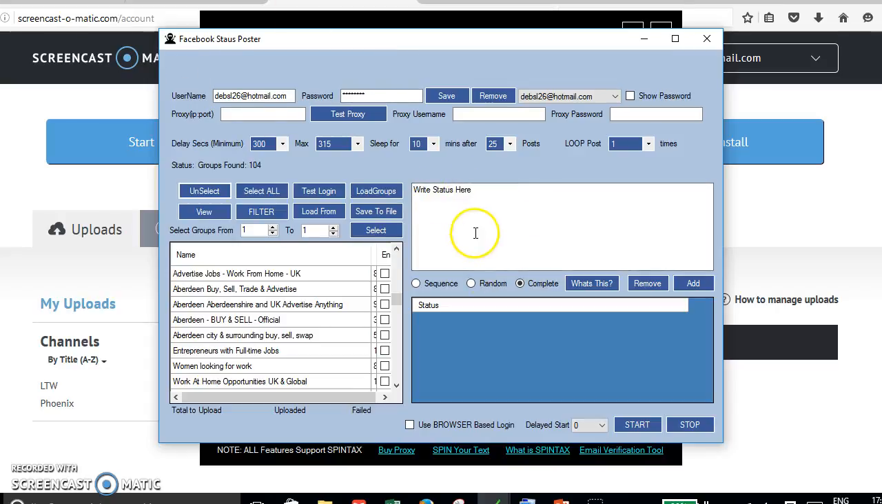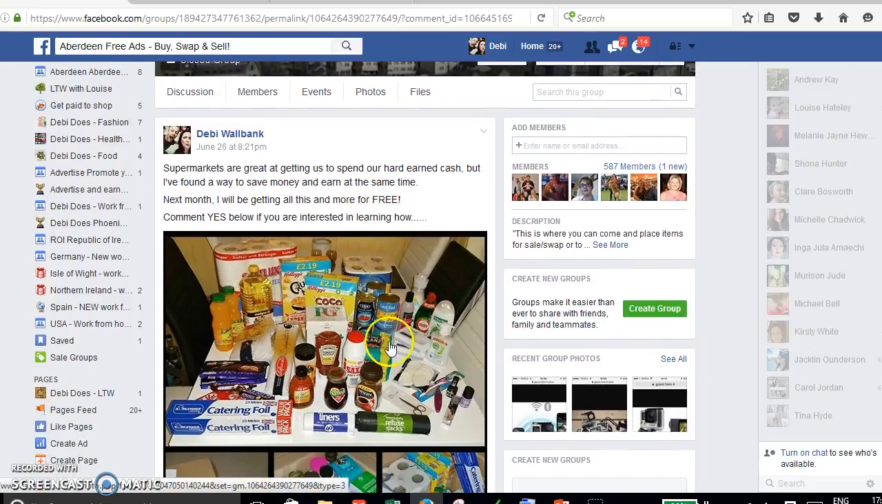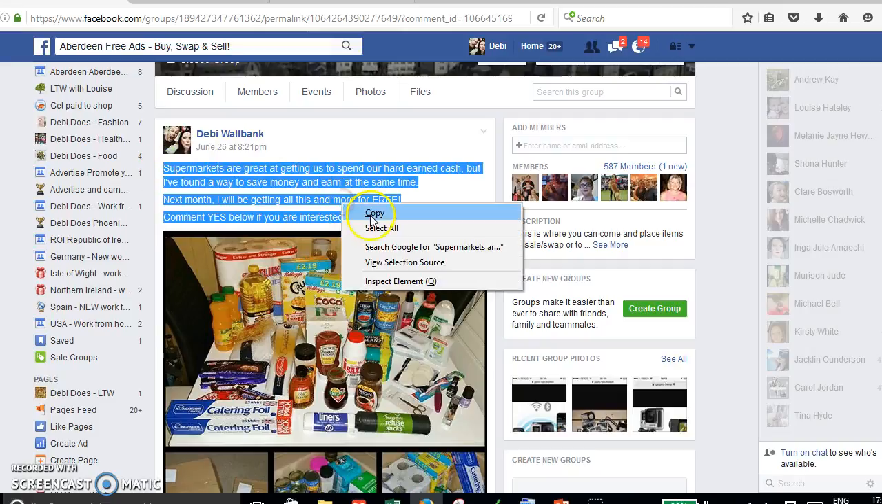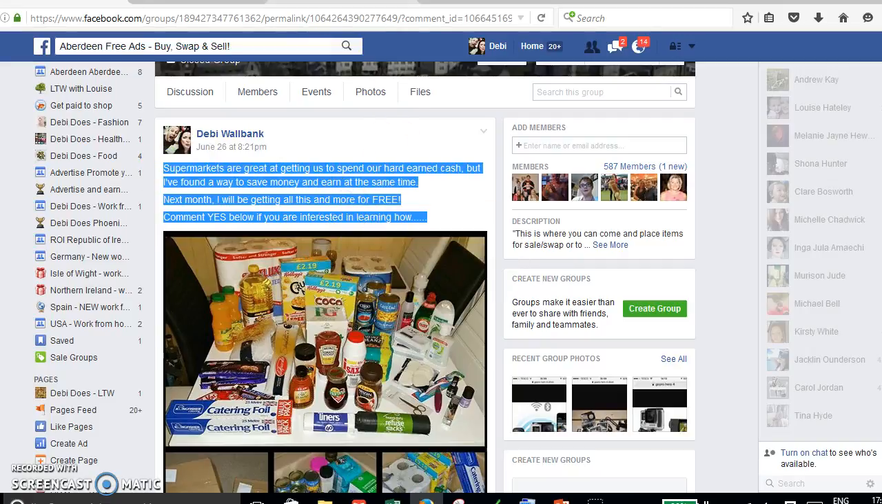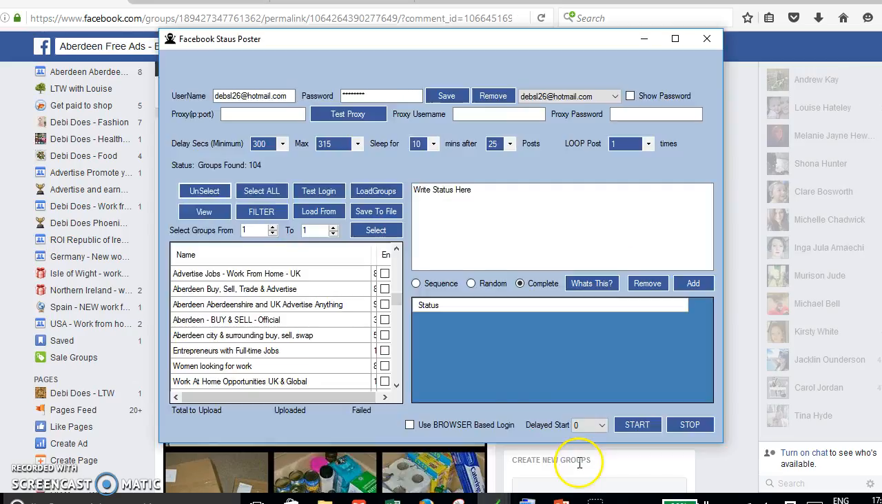So to get your post in there, I'm going to go to my Facebook account, and this is the one I've had a lot of success with over the last few days. So I'm just going to do the same one again, and I'm just going to copy it straight from Facebook. And no, I'm in the wrong thing now, sorry. Into Ninja, and then just